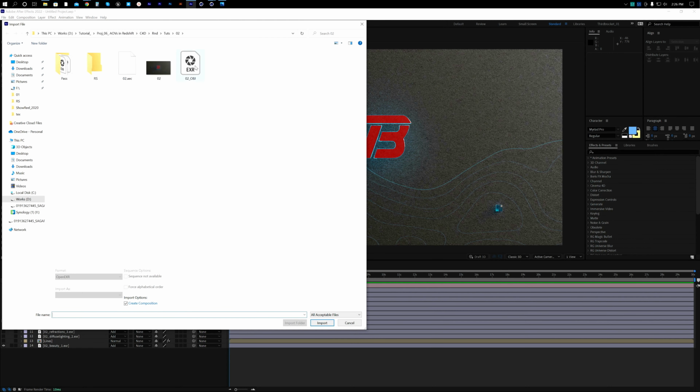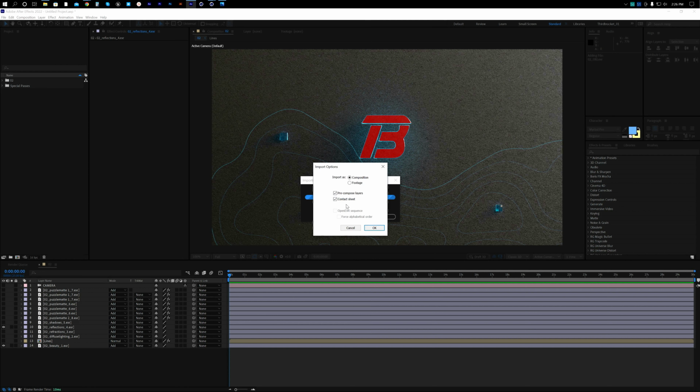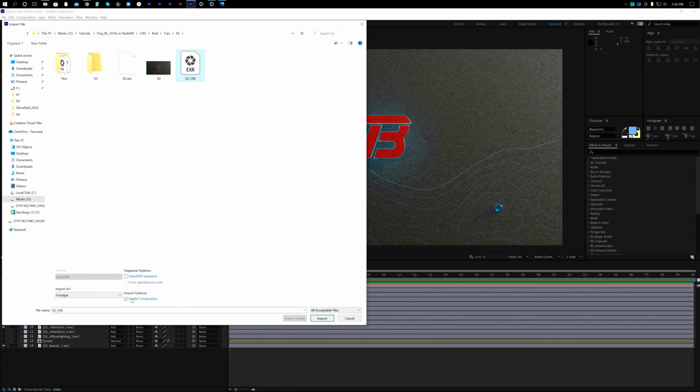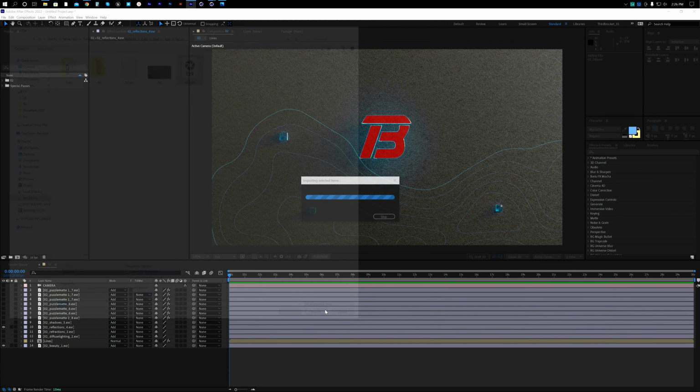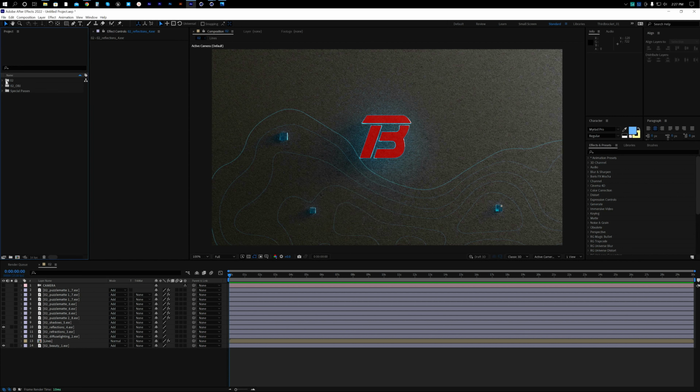And then whenever you import this one, you will be asked what you want to do, like pre-compose layers, contact sheets. So I want this way. I want this composition, pre-compose layers and contact sheets. When you select this one, you need to select create composition, and then you are asked this, and I want this way. So there is a lot of benefit of this. Everything you will get in an organized way. So if I click OK, then